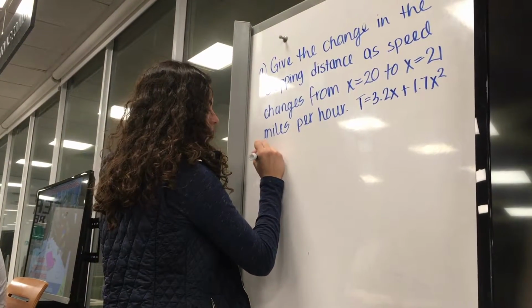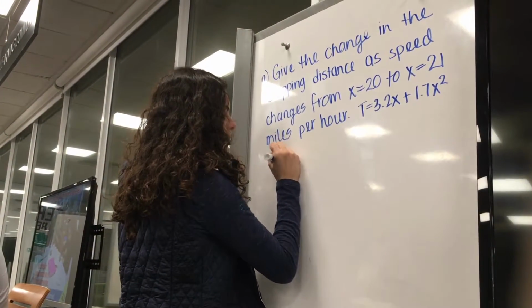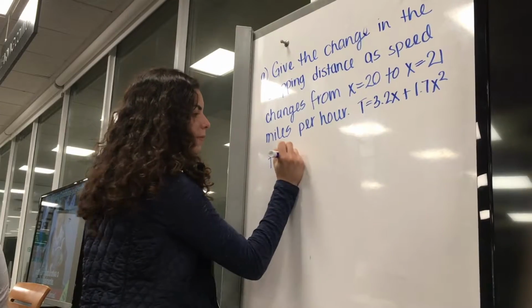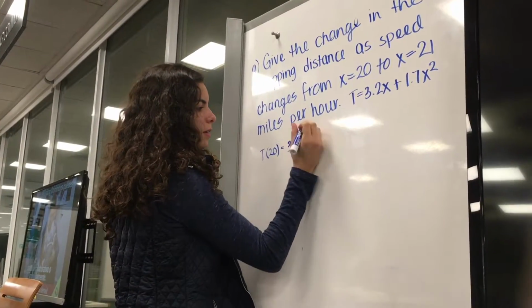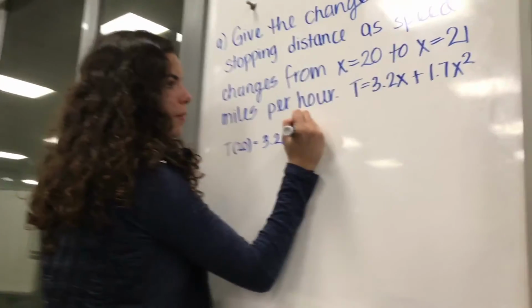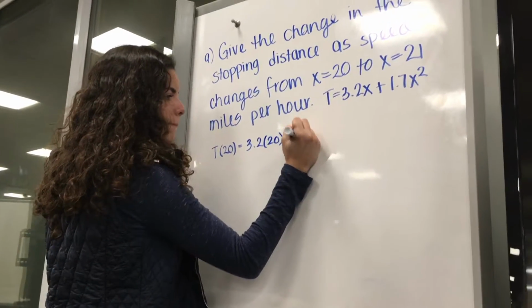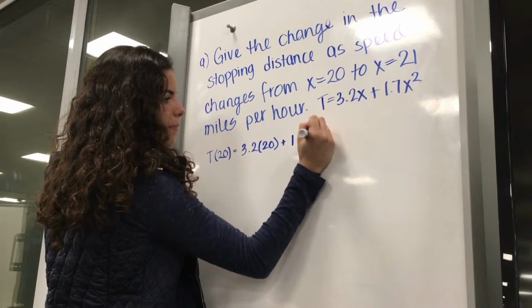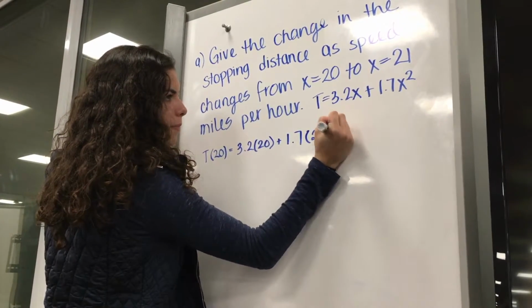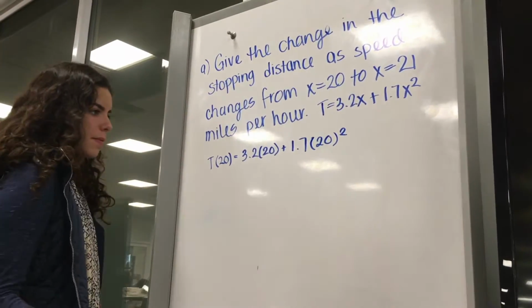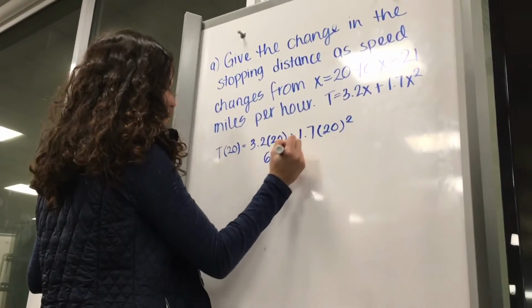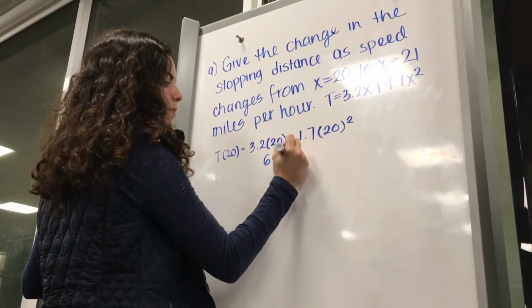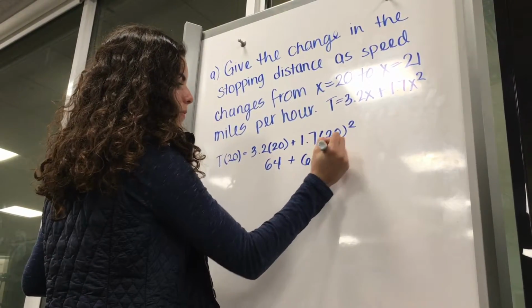Give the change in the stopping distance as speed changes from x equals 20 to 21 miles per hour. To do this, we will use the equation given to us of change in stopping distance. First, we plug in 20 for x to find the stopping distance when the speed is 20. So we plug in the information and we get